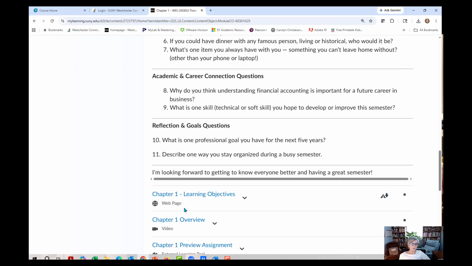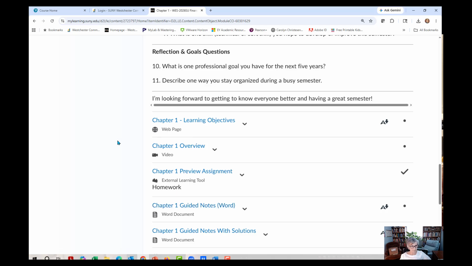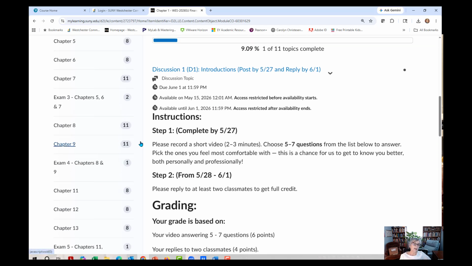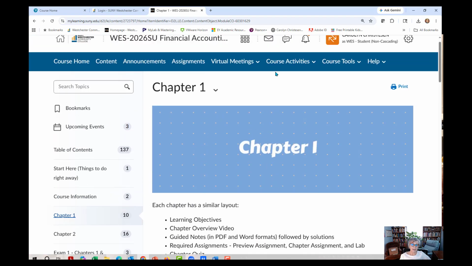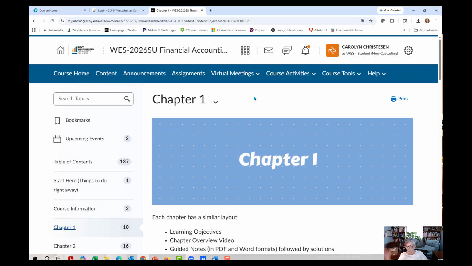All right, so there's one of these folders for every chapter. Okay, and then there's a folder for each exam. All right, so one last thing, let me just check my notes and make sure I told you everything I need to tell you. I think I do. Oh, let me show you